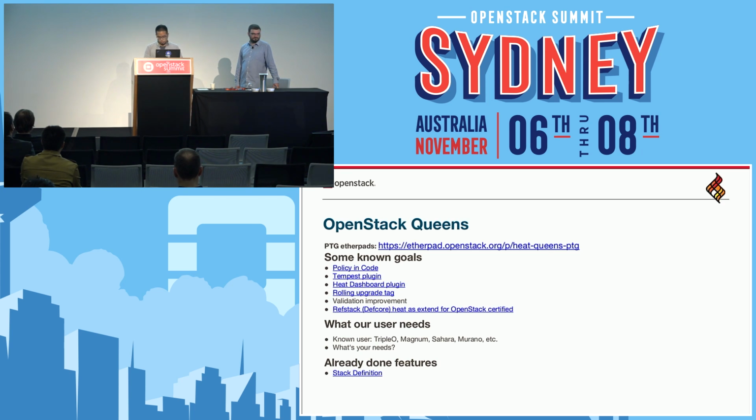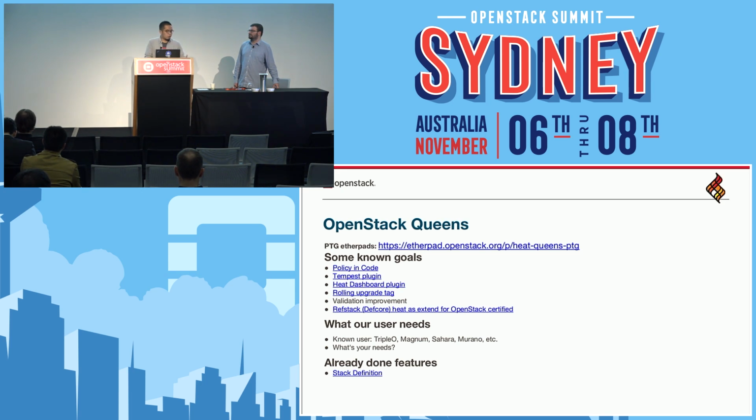Also, we want to figure out what our users need. We want to figure out what you need, because we have heard a lot of very interesting use cases. Like auto healing, we hear a lot about that, and people wanting to use Heat for networking, edge computing, or installing big applications like Kubernetes. So that's a case that we want to look at. If you have any cases, feel welcome to give feedback.